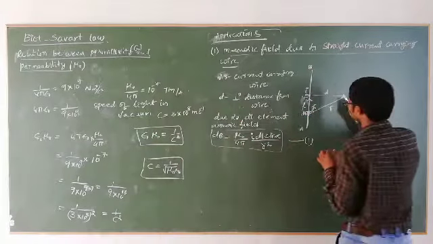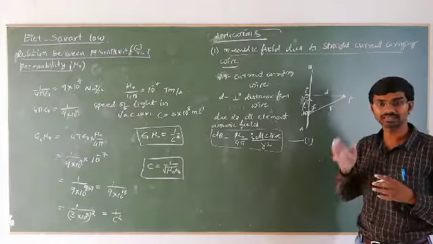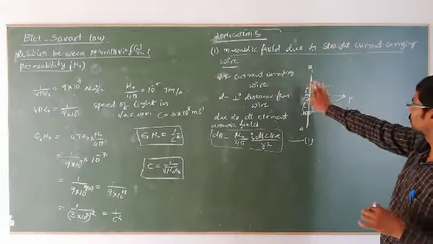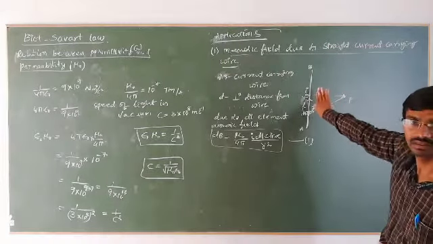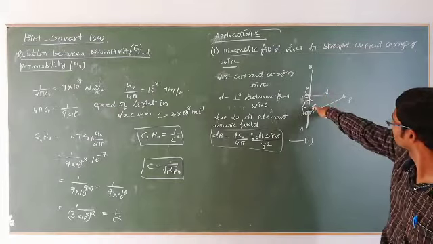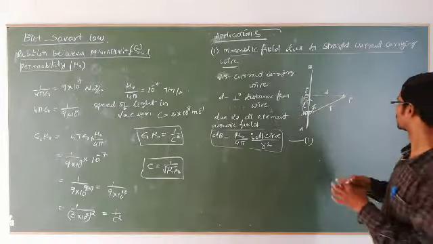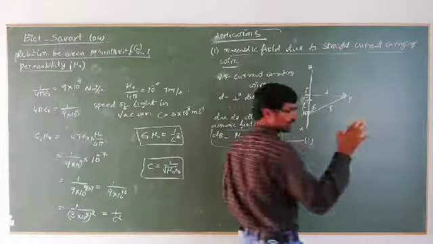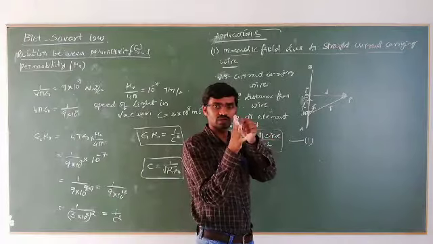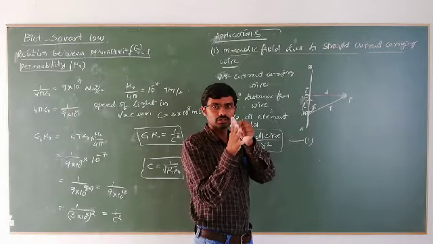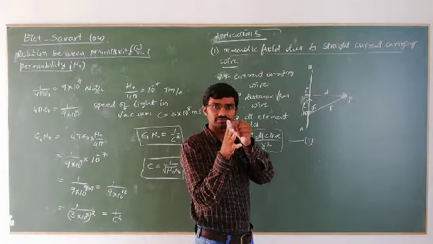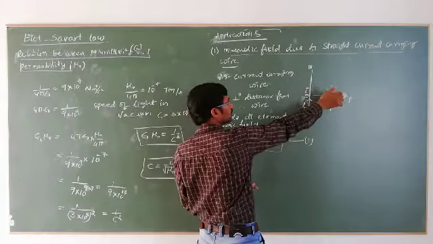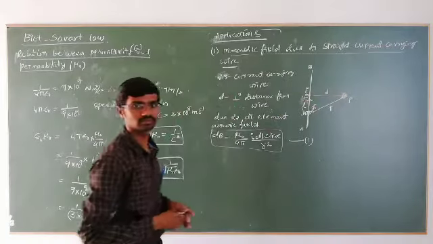Let me take this point. What is the direction of the magnetic field? Anybody can tell? You take your right hand and place your fingers in the direction of dl and curl your fingers towards r. Then what is the direction of the thumb? Inward. So here the direction of the magnetic field is inward. Or even for a straight wire, you can find it easily by Ampere's right hand rule. You take the thumb in the direction of current, then the curved fingers give the direction of the magnetic field, which at that point is inward.